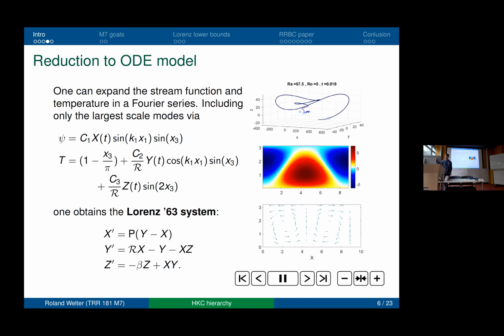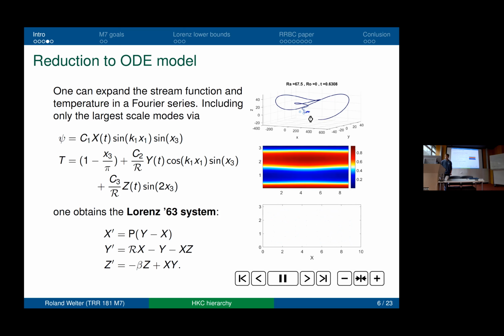If we watch this evolution, we see the buoyancy, and then some balancing occurring, and now the diffusion really kicks in, and the temperature difference dies out. And eventually, this trajectory at this Rayleigh number settles down onto a fixed point,